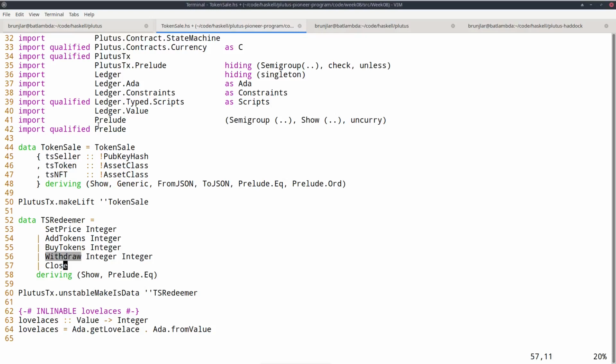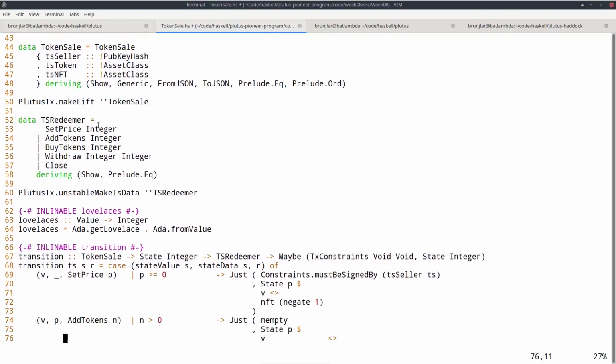with this separate logic. Of course, you will have to think about the datum type. So right now it was integer, but now we have this new state, this close state. So one option would be to use maybe integer instead, where just some integer, just price means the contract is still active and nothing means it has been closed.